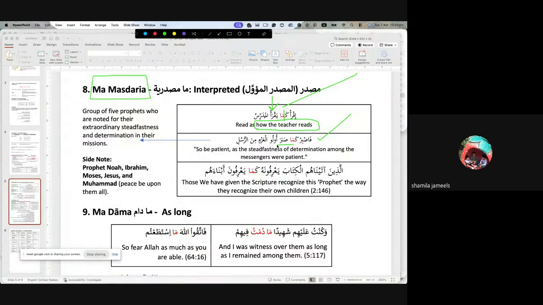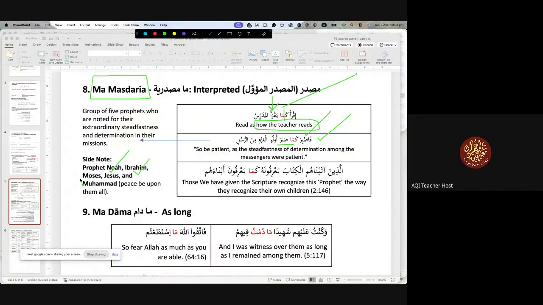So here, ma sabara. So what's the irab? Sabara. It's nasab? Sabara, patient. Kama sabara. Okay, now let's start here. Fasbir means Amr, you be patient. Like the way Ulul Azmi minar Rusuli used to be patient. Now, what is the concept idea that came into your mind, isn't it? The way Ulul Azm. Do you know who that is? They are these people.